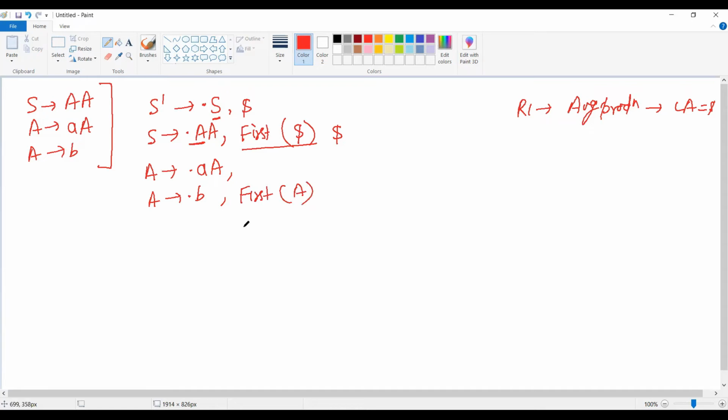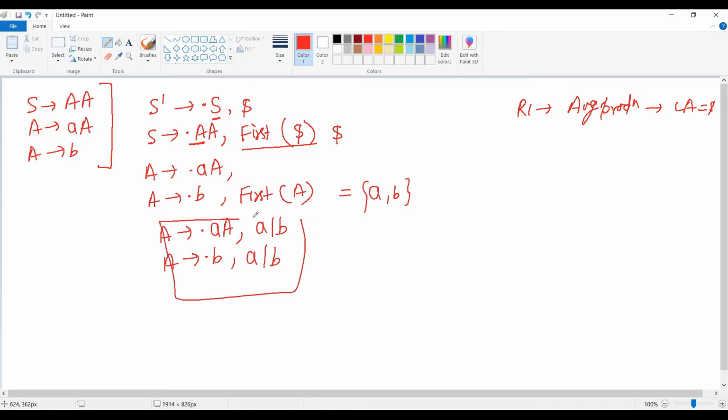If you compute first of A, what do you get? a, b. So this will be the LR1 items of the A production, with the look ahead.